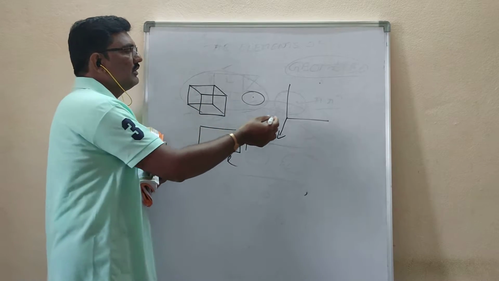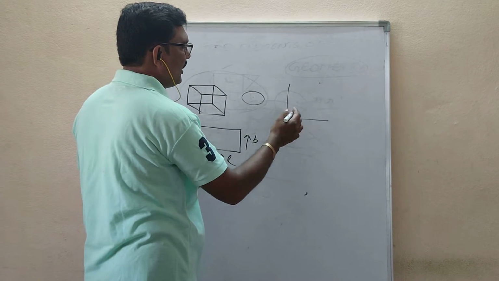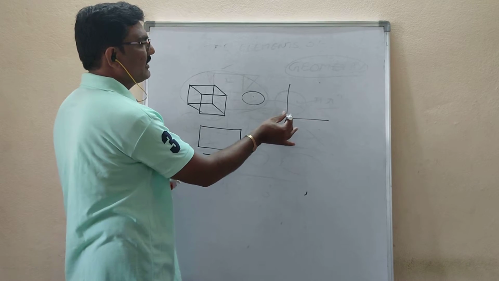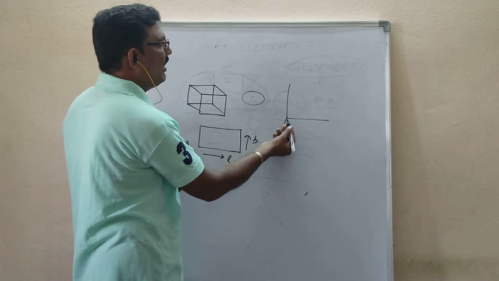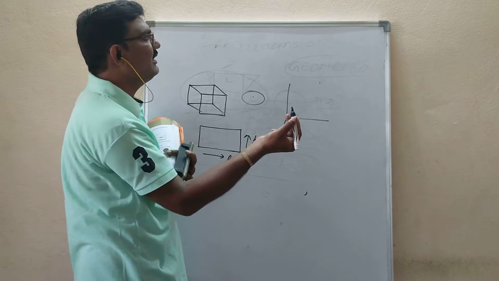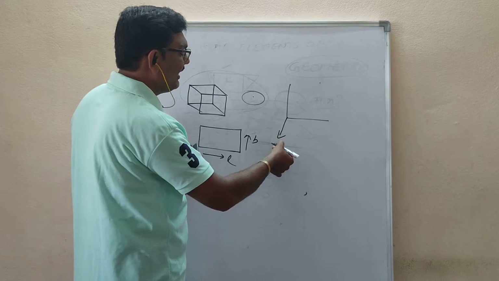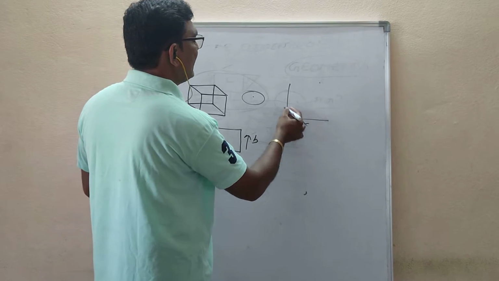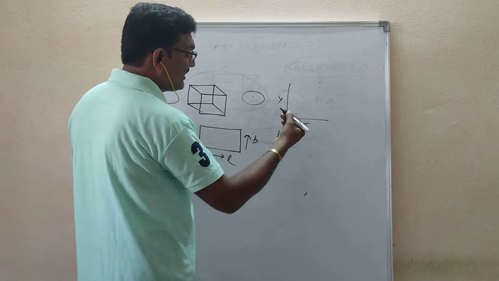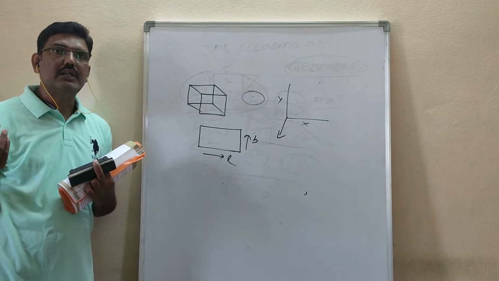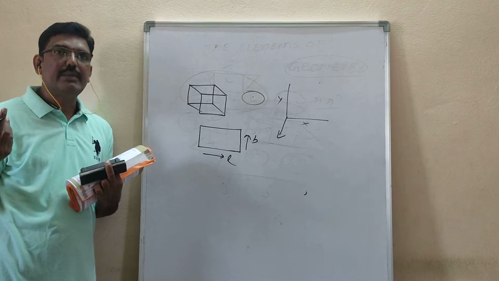So this line actually should come like my sketch pen is there, it has to come like this. But I can't draw a line in the air. So to draw it, I draw here like this. So it is the x-axis, it is the y-axis. Imagine it is the z-axis. So length, breadth, height, all three are there, and then it is called three-dimensional.